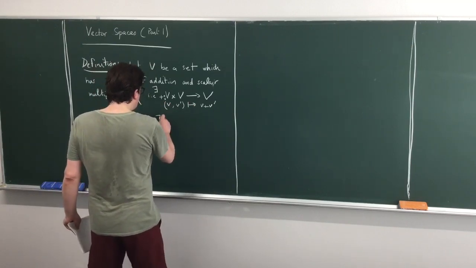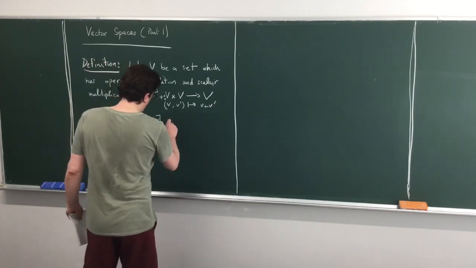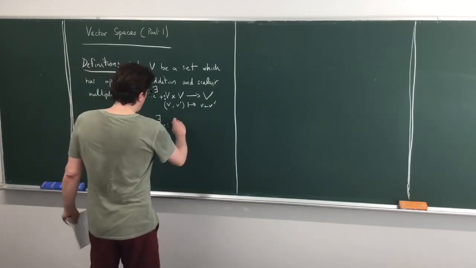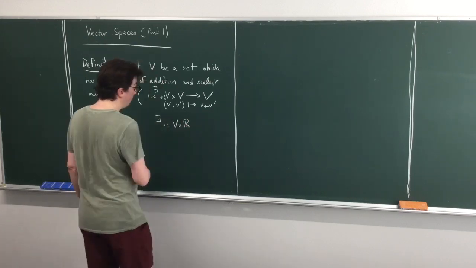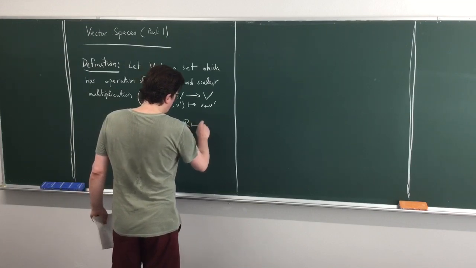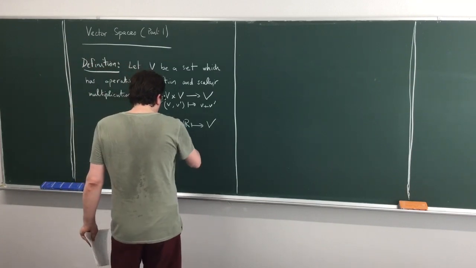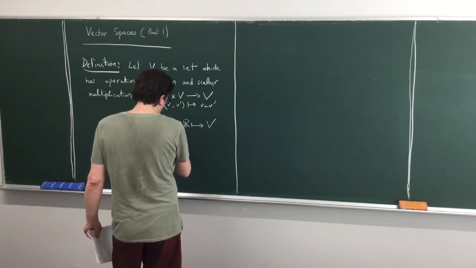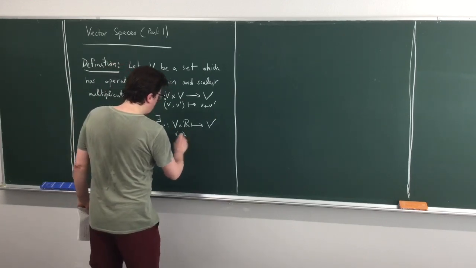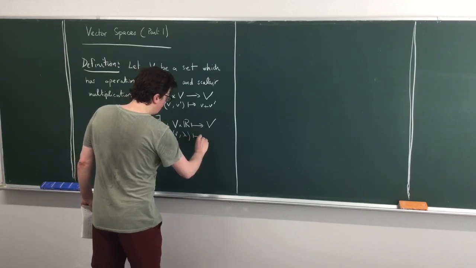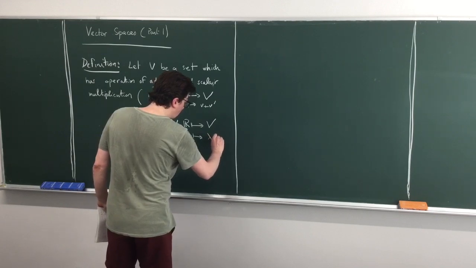And also we will assume that there exists a map called the dot, scalar product. So here we go from a vector and a scalar, and the result, the output, will be a vector. So if we are given a small v in capital V, which is a set, and we are given a scalar, lambda, then we will associate as output a new vector that we will call lambda dot v.